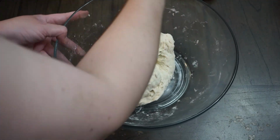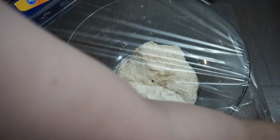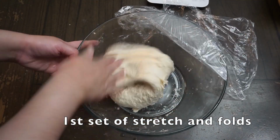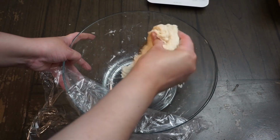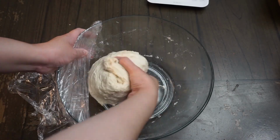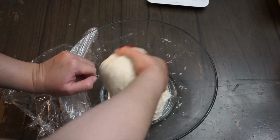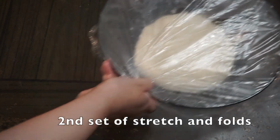And then we will let our dough rest for 30 minutes, and then we'll start on our first set of stretch and folds. We won't be adding any inclusions on this first set. I want to focus on strengthening the dough before adding anything into it. So I go ahead and do 4 stretch and folds, and then I flip my dough over and I kind of fold it into itself, doing a few slap and folds, and then I cover it and let it sit